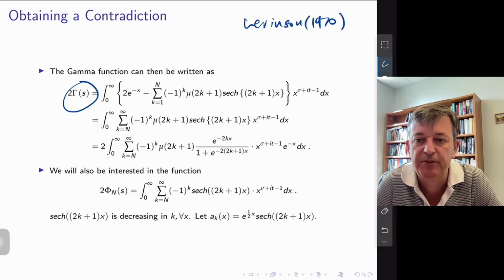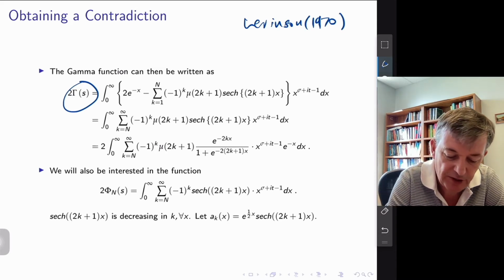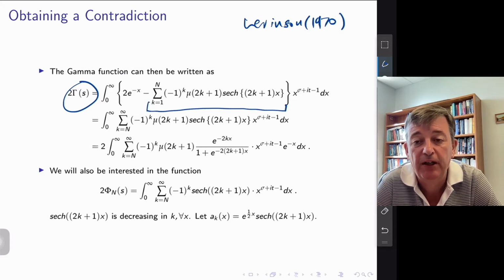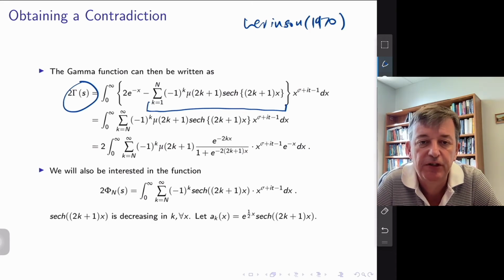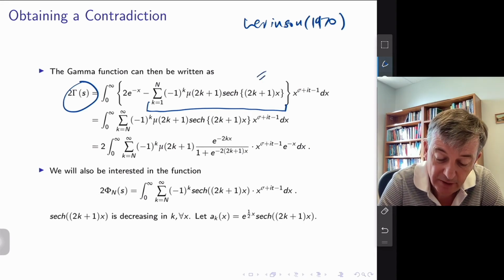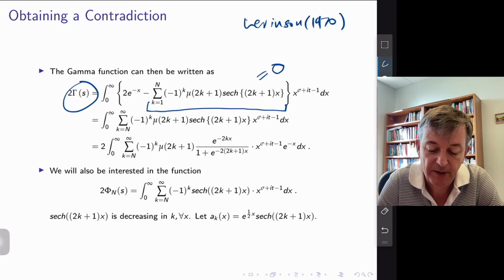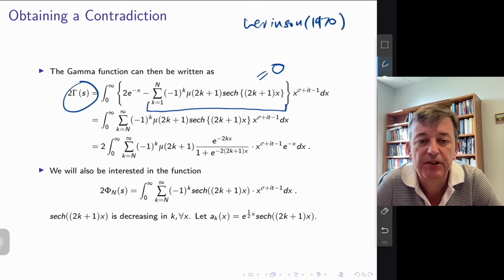So we'll be able to obtain a contradiction if the zeta function has a 0 off the line. If the zeta function does have a 0 from a half to 1, then we know that this sum is equal to 0, and we find a contradiction. Remember that under our supposing for a contradiction that the zeta function is equal to 0, we know that this sum of terms here is equal to 0.